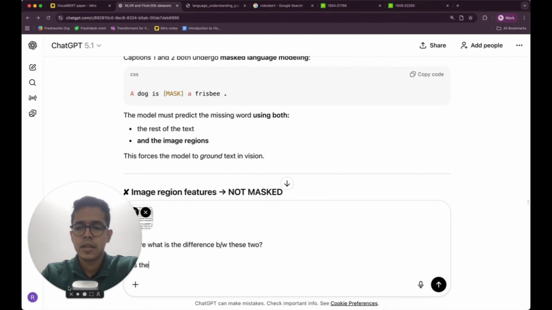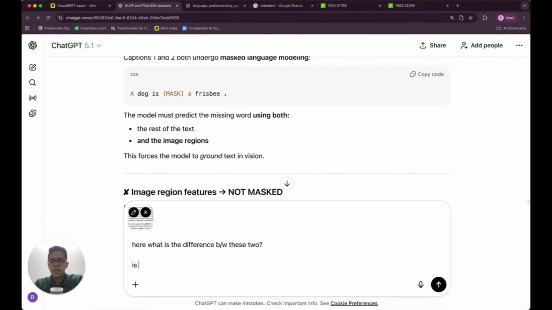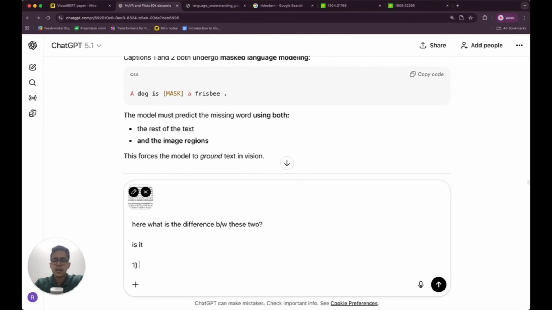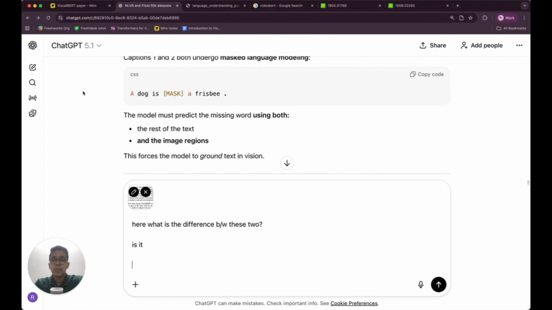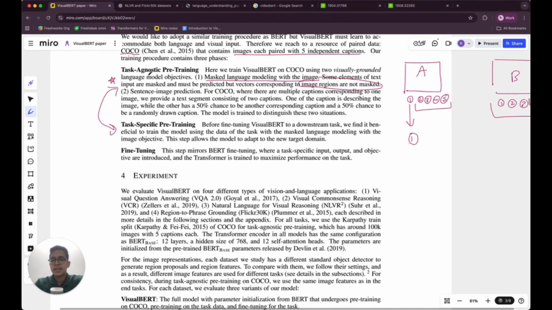Let me ask it in a cleaner way. Basically, what I want to ask is, part A is task agnostic pre-training. Part B is task specific pre-training. In task agnostic pre-training,